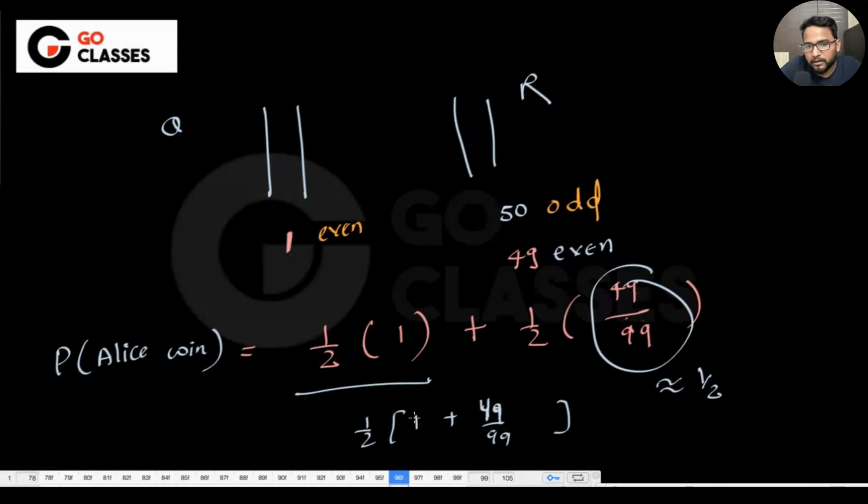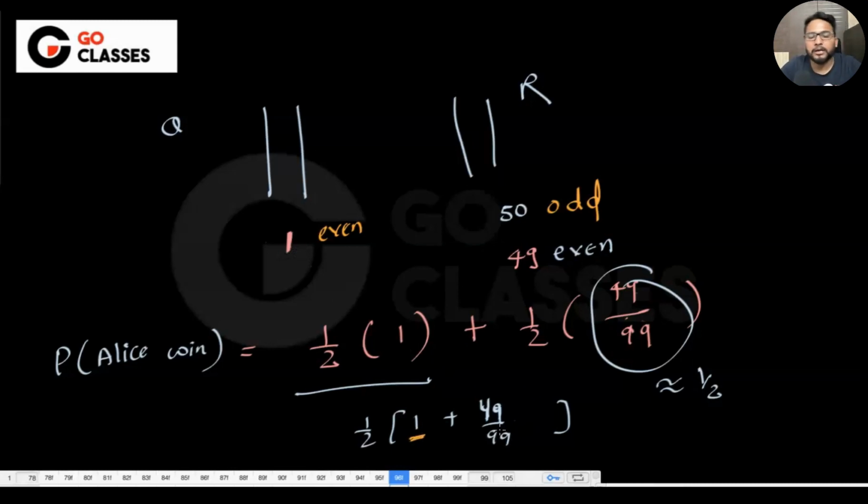Basically, you can say that you can decrease this one somehow. But if you decrease this one, then you need to increase this, I mean, it will automatically get increased if you decrease this one by, let's suppose, putting some odd integers here. Maybe you can decrease this one. So basically, one is for sure what you're getting in this case. I mean, for sure you're winning, and 49 upon 99 is the probability that you are winning here in the